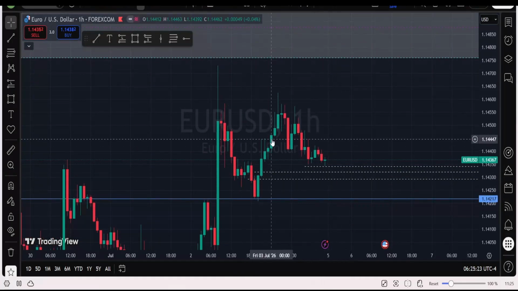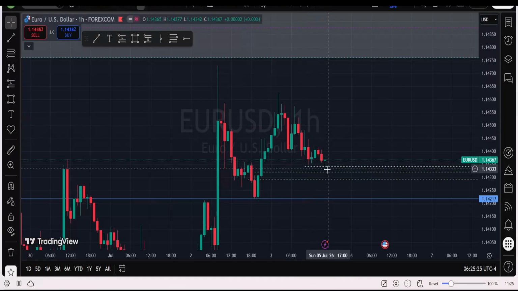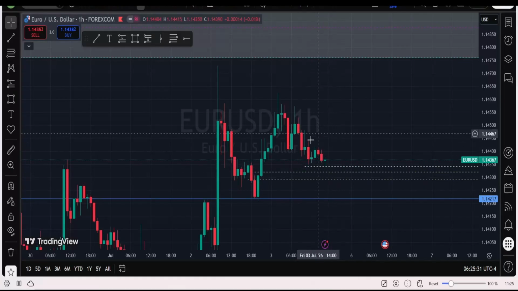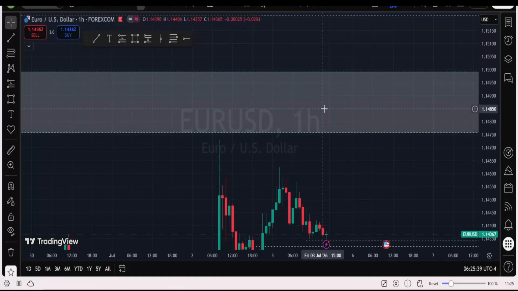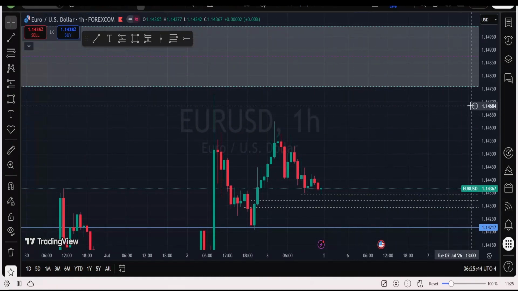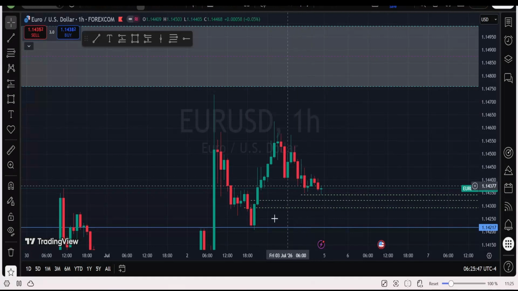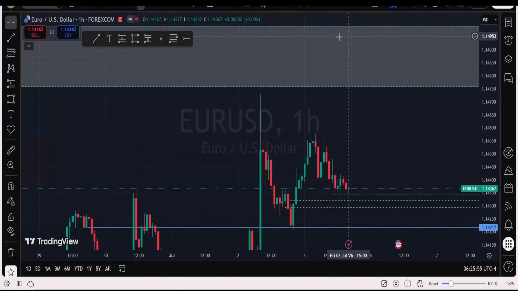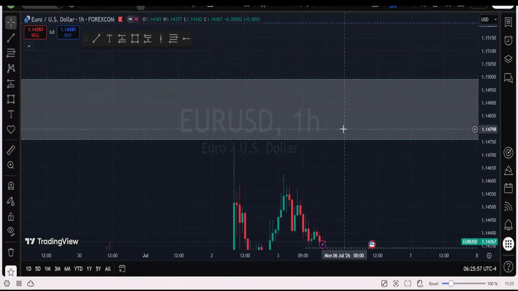We want to see price, as a regime to trade with, maybe run out liquidity here, run out liquidity here, run out liquidity here. It does not mean it must clear all this. It might also get to this level again and then reach the draw on liquidity, which is this. Until price gets to this level, we are not seeking to sell on Euro USD unless price gives us reason to change our narrative. But as of today, Sunday the 5th, our narrative remains we want to see price get into this level first for us to start looking to short the market. We don't know when price is going to get to that.